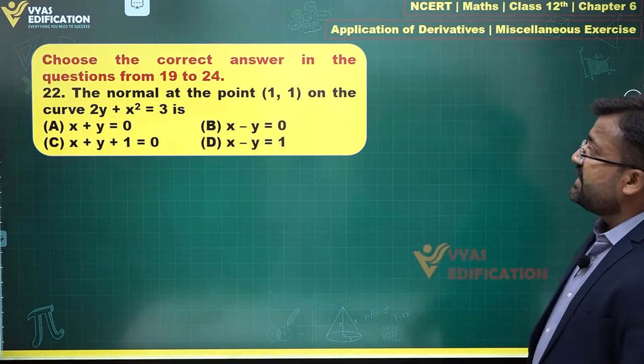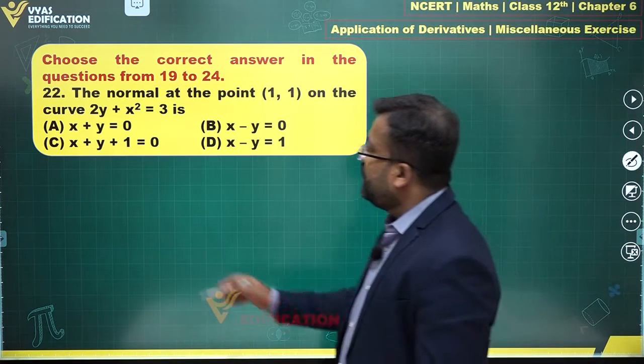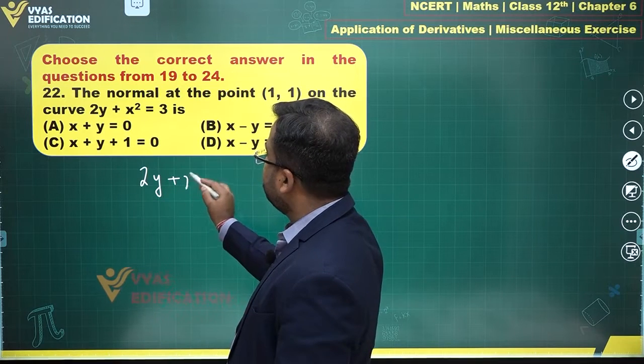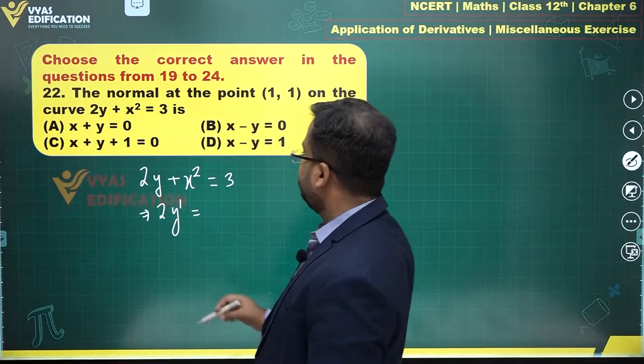Question number 22 says the normal at the point (1, 1) on the curve this is. Okay, we can easily find that normal. 2y + x² is equal to 3. This tells me 2y'